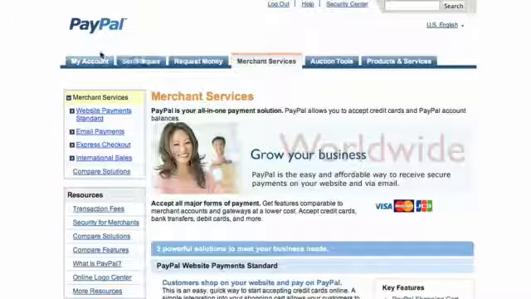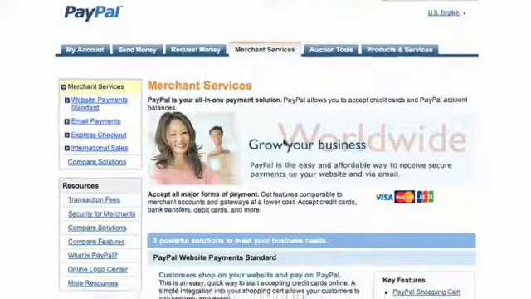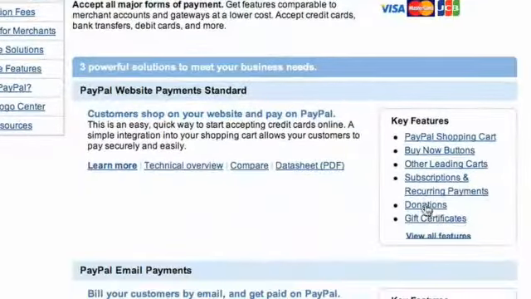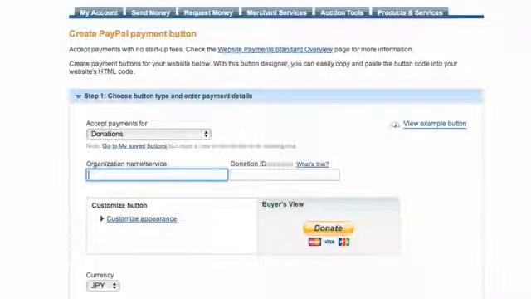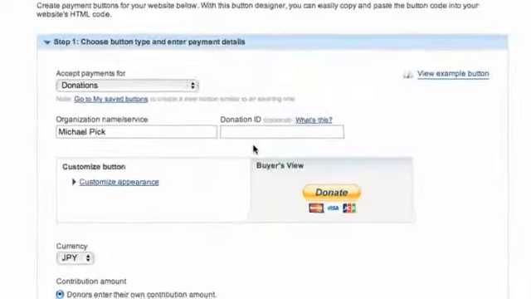Once you're logged in, you'll see something like this, and you'll want to click up here on Merchant Services. Then you'll see a whole bunch of options, one of which is Donate. Click on that. Put in a name here, either yours or one of your organisation or blog. This is what people will see when they come to the Donate page. And then check out the customization options for the button that people will see when they click through to PayPal